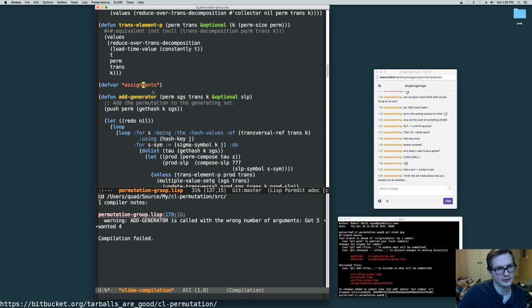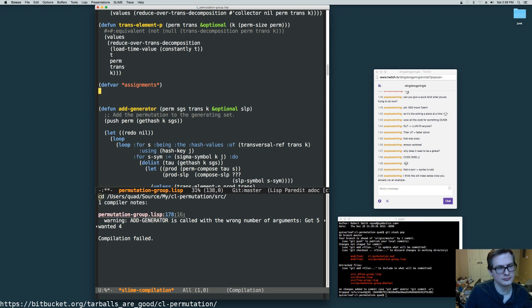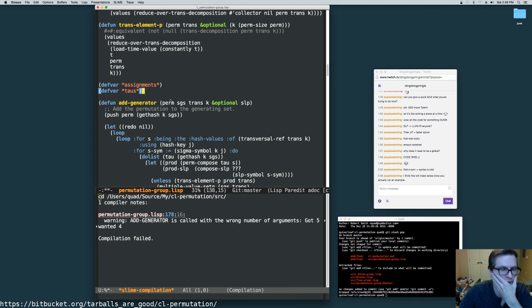I think I have a better solution. Defvar taus. This is going to be another code smell global variable. I'm going to keep our push new here, but our taus are going to be a hash table mapping permutations